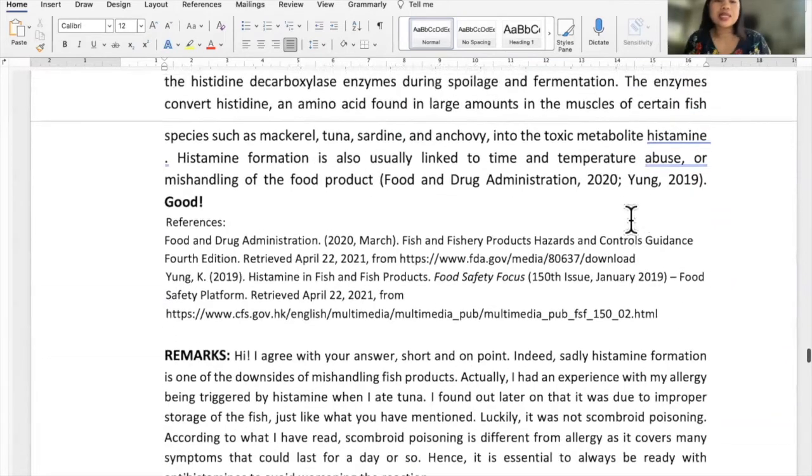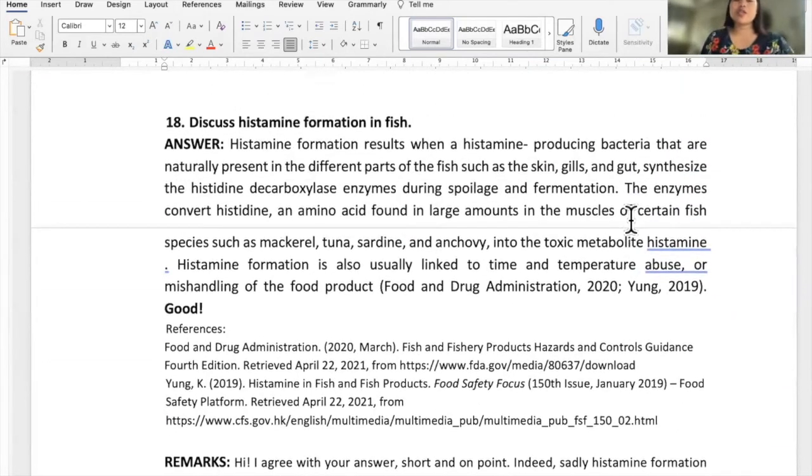Okay. Next is, discuss histamine formation in fish. Histamine formation results when histamine-producing bacteria that are naturally present in the different parts of the fish synthesize the histidine decarboxylase enzymes during spoilage and fermentation. Okay. Please take note that,